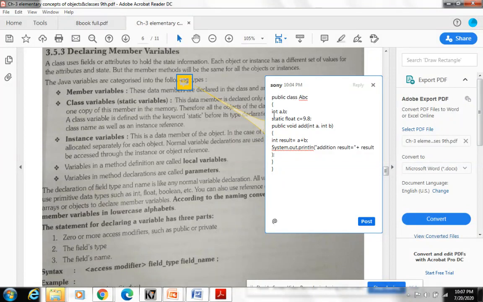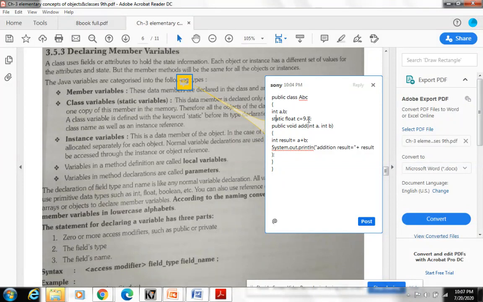We have two main types of variables. We have class variables, which are known as fixed variables also. See, I have written int here and float here, but prior to int I have not written static. So these variables are my instance variables. That means the object will come and provide its own values. But in this c, I have written static. Static means we are making this value fixed. For the class, this value is fixed. That means all the objects can share the same value.